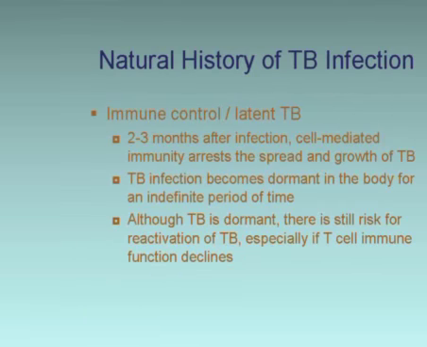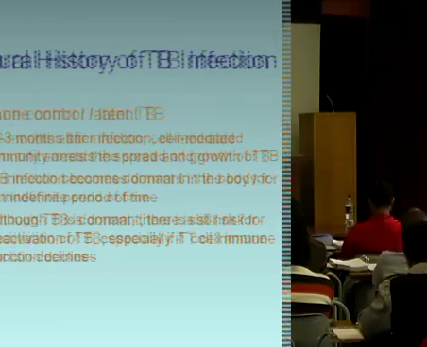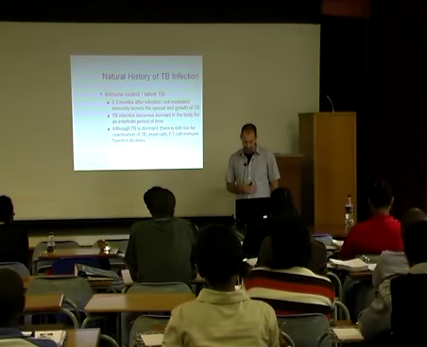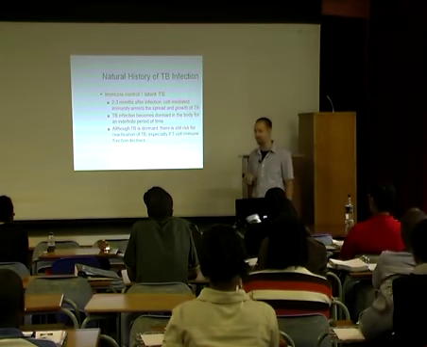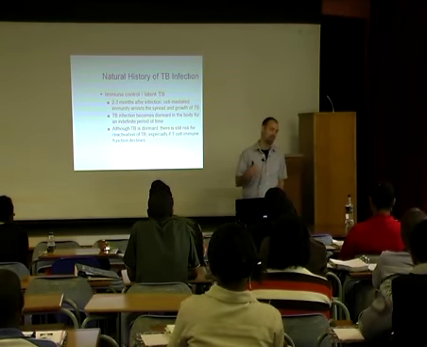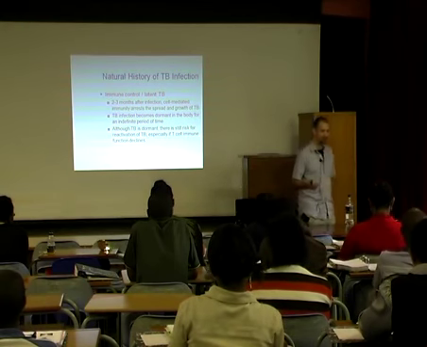So either you get sick in primary disease, or you get immune control. Immune control happens at about 2 to 3 months. Your cell-mediated immunity, the part of the immune system, stops the spread of TB. It just goes right to the chest areas, in the local lymph nodes, and it doesn't spread. TB infection becomes dormant in the body for an indefinite period of time. It could be a year, 2 years, 5 years, or it could be your whole lifetime, and you never get